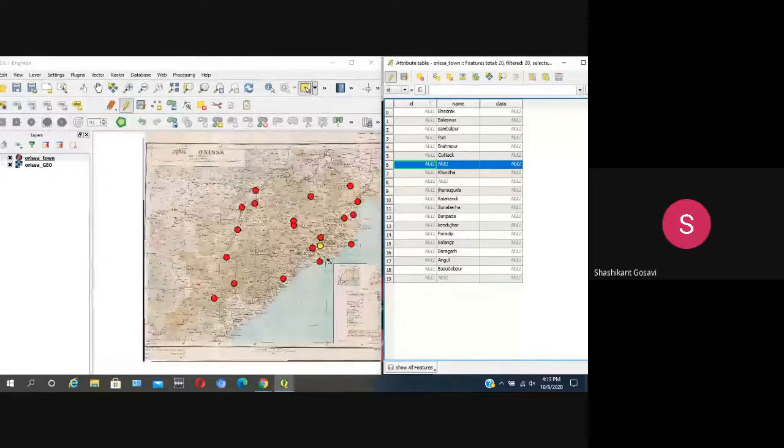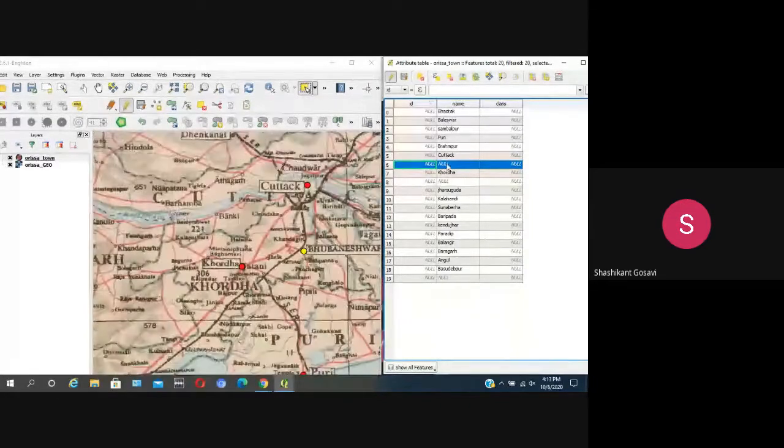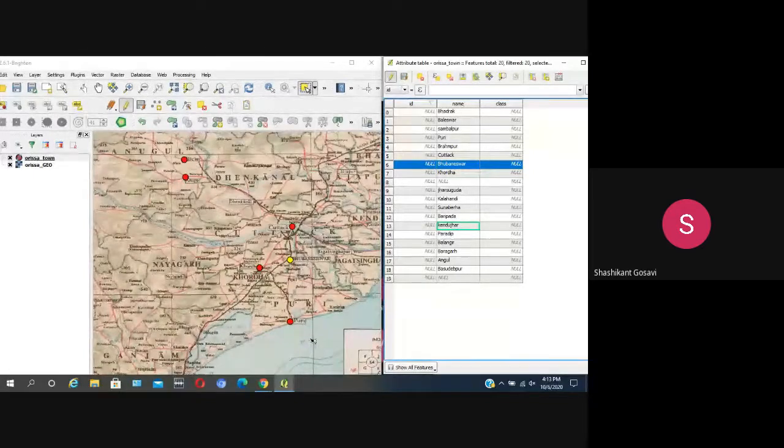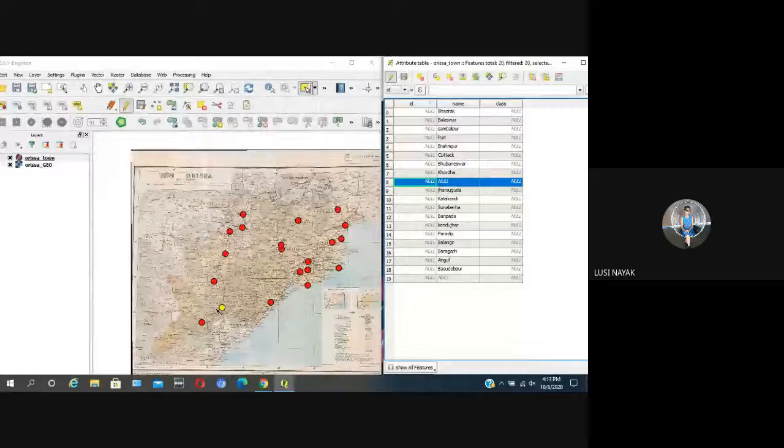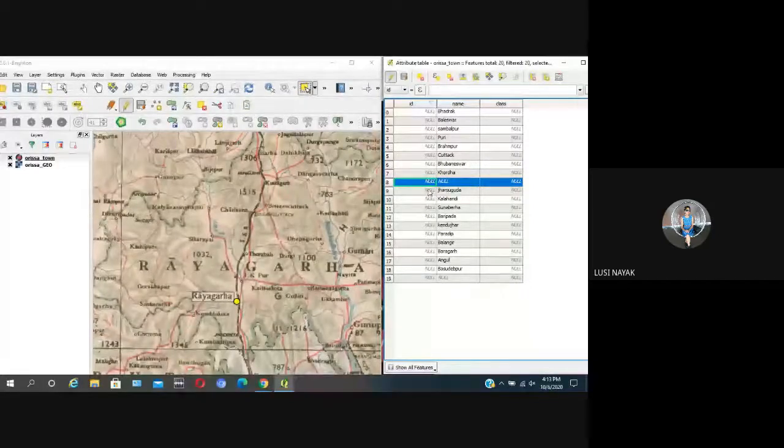But then it is asking a lot of information thereafter. Complete 28 points. When a new shapefile layer is created, the rank of the points will have to be entered. Okay.